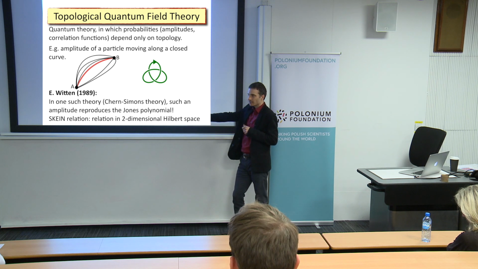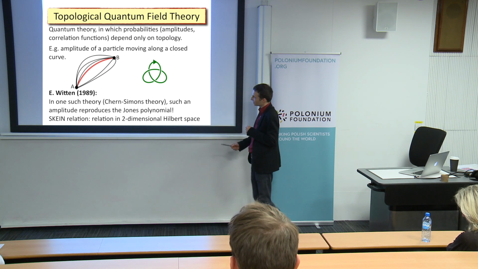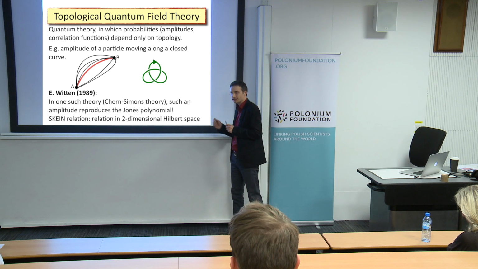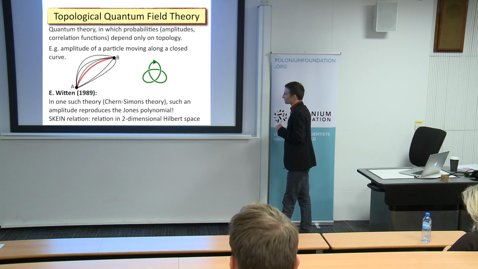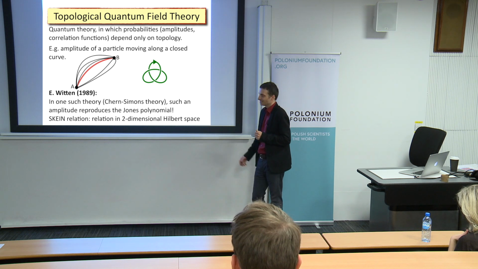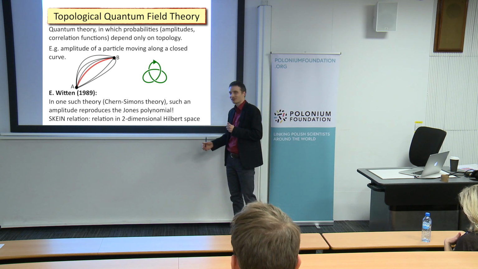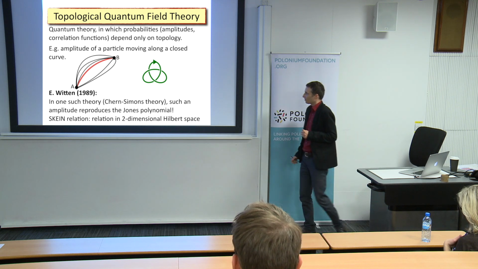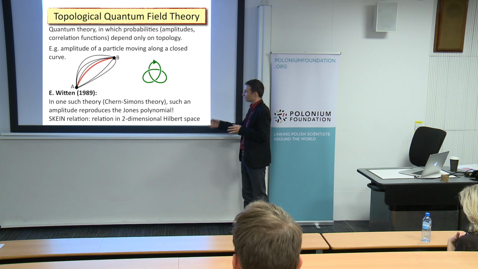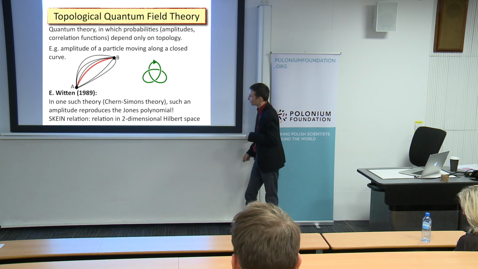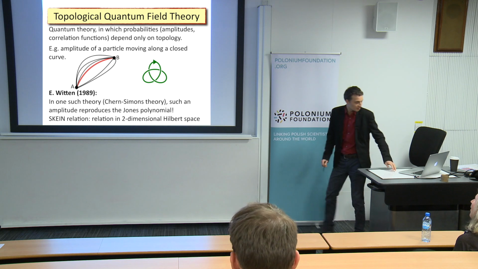In particular, the skein relation that I mentioned before, it turns out that it has some physical meaning, and this is simply a relation in some two-dimensional Hilbert space. So if you are a physicist and heard of Hilbert spaces before, then it may happen that the Hilbert space you consider is two-dimensional, and that skein relation I had before gives you some relation in that two-dimensional space. So of course, I would need much more time to explain details of this statement, but you see that this gives a kind of physical perspective on that mathematical theory.